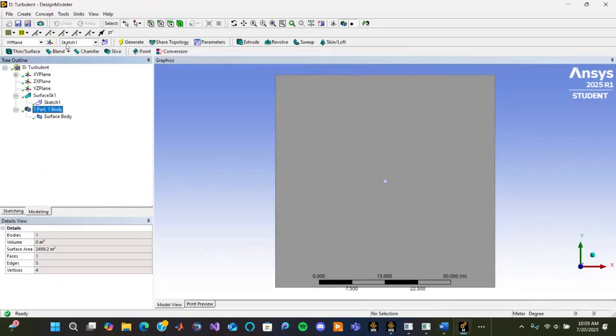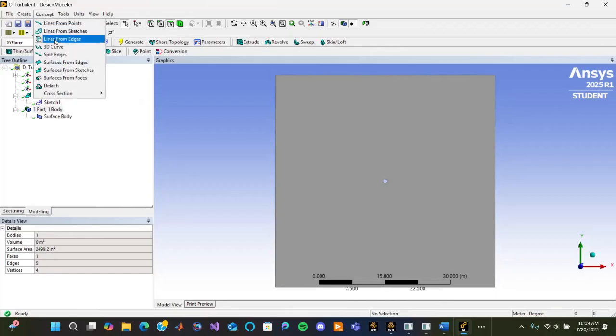So we're going to go in and we're going to create our circle. And it's going to be 1 meter in diameter. Then we're going to have a height of 50, length of 50. And then we're going to make a rectangle to connect them. And then we're going to go into concept and do